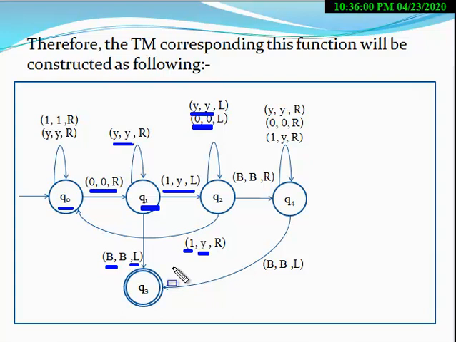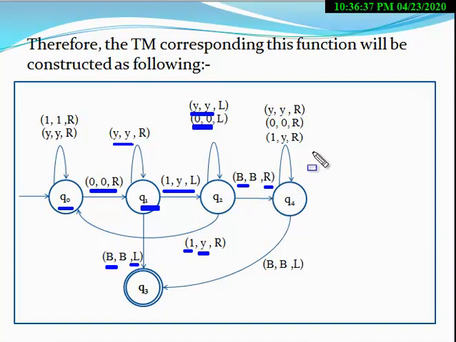Now we go for case 2. These are the same, so this cycle is the same. The part which is different from case 1 is here. At the state q2, as soon as the blank symbol appears, the machine moves in the right direction and goes to q4 state. So when blank symbol B appears, the machine goes to q4 state.